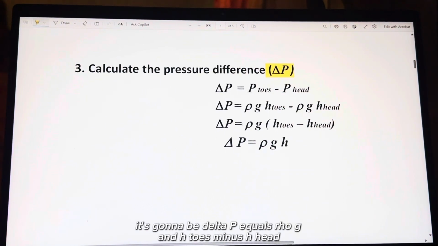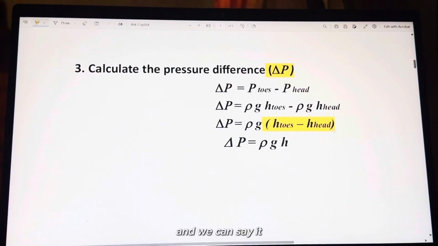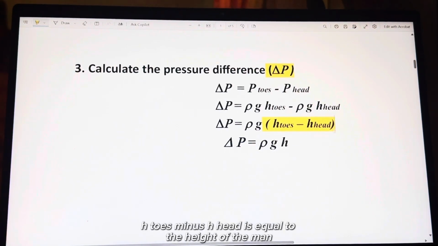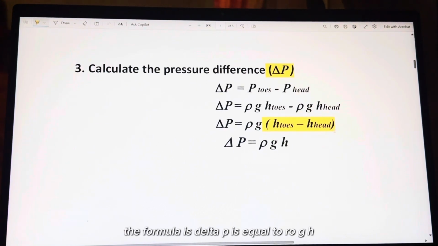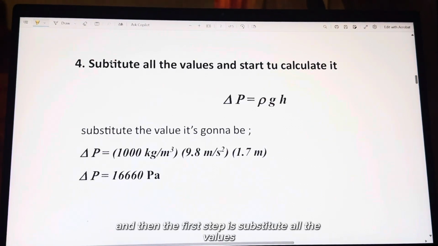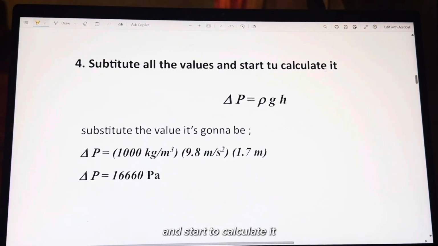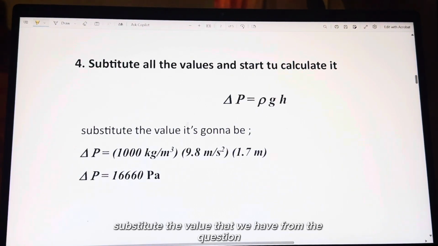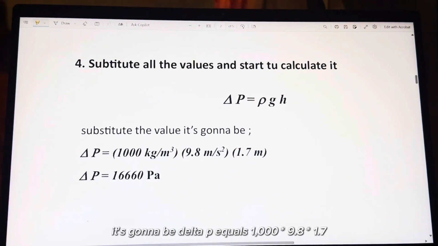And then we can simplify this formula. It becomes delta P equals rho G times (H2 minus H1), and we can say H2 minus H1 is equal to the height of the man. So the formula is delta P equals rho G H. And then the first step is to substitute all the values and calculate. Because from the previous step we have delta P equals rho times G times H, we can substitute the values from the question. It becomes delta P equals 1000 times 9.8 times 1.7,